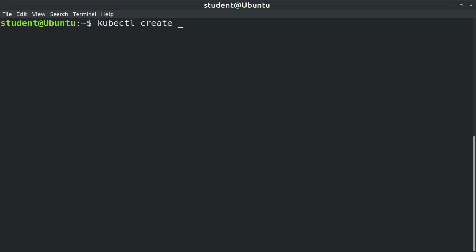kubectl create deployment my-nginx --image nginx:1.15-alpine